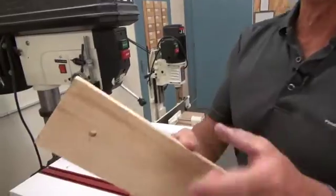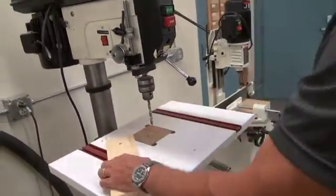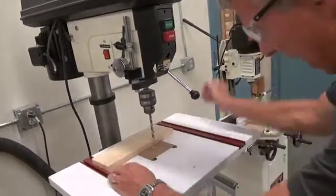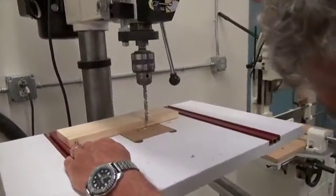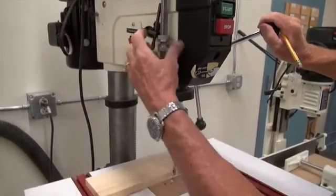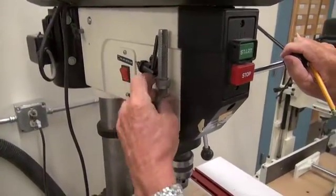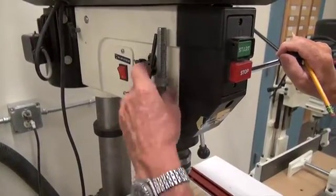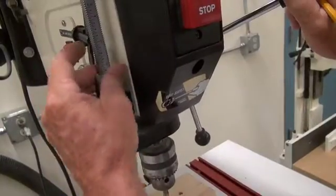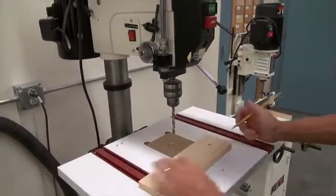Now let's just say I only wanted to go halfway through on this. So what I would do is set up my wood. I would have my mark on how far down I'm going to go, and I would bring it down, and there's my depth. Now what I'm going to do is come up here, and I'm going to drop this down. So now what will happen is I'll turn the hand wheel, and then it will stop. This is a stop. Bingo. So now,